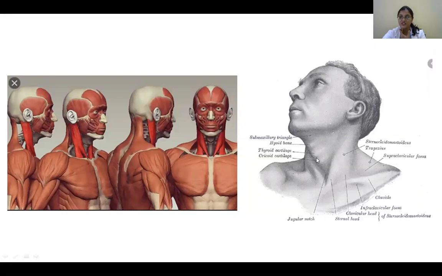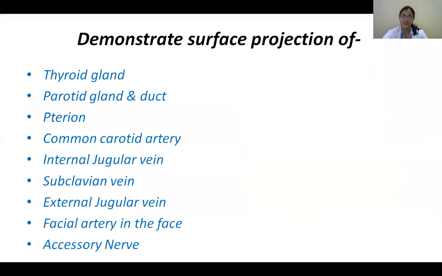Okay, and these midline structures, mainly the thyroid cartilage, and just below it, what do you have? You have the cricoid cartilage. And then the larynx becomes your trachea. So try to palpate all your tracheal rings. Okay, so this is the basic that you should know before we enter into the detailed surface anatomy.